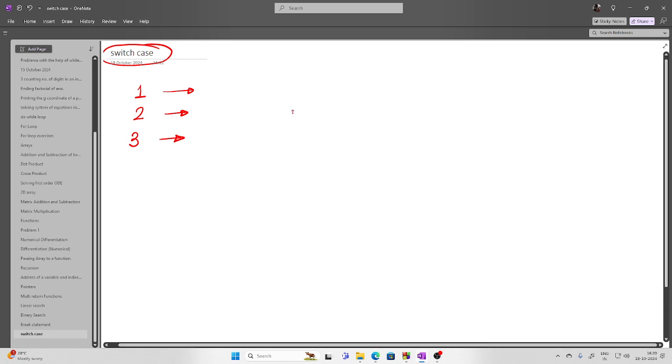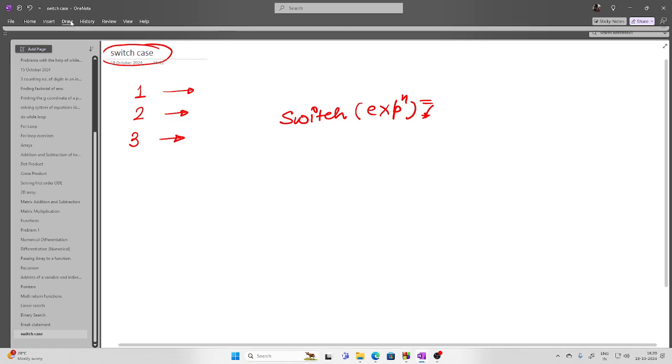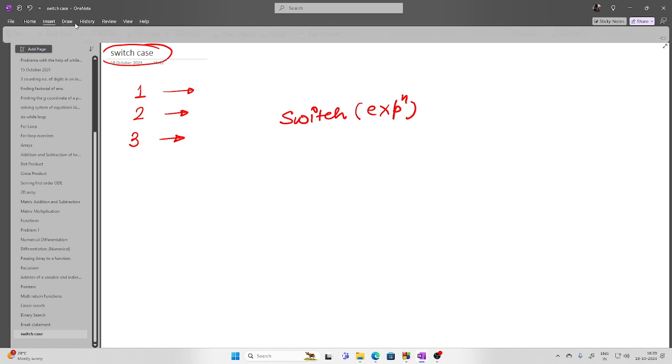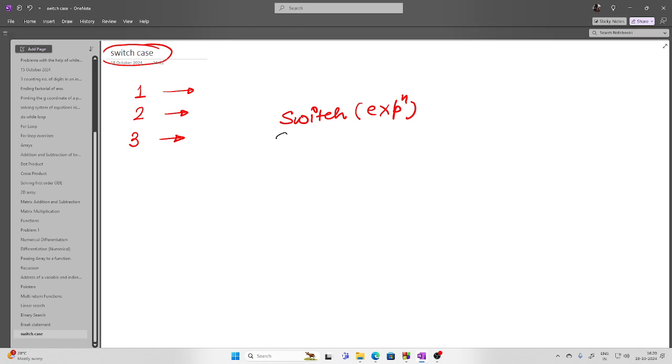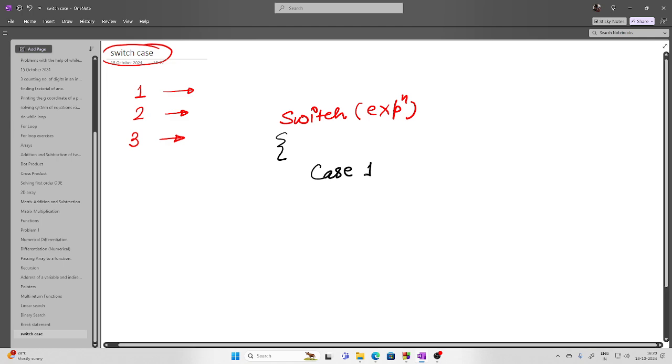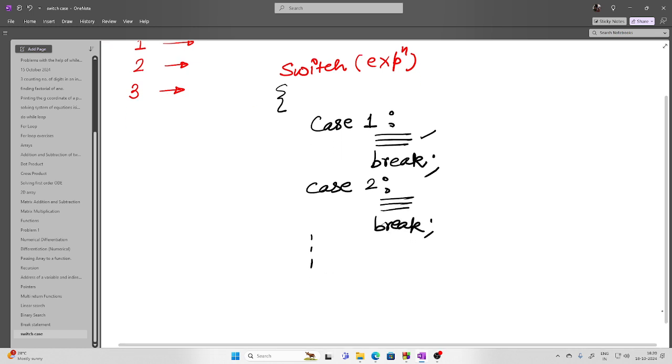So what is the syntax? The syntax for the switch case is very simple. Switch and then some expression, then the block of switch, and then case 1: something, then break. So if expression happened to be 1, then do this and then break. If it is case 2, if expression is 2, then do this and then break, and so on